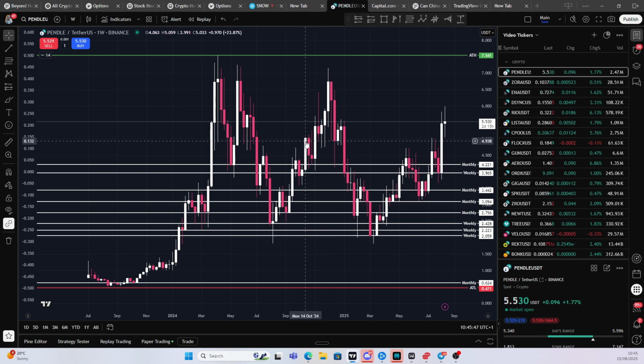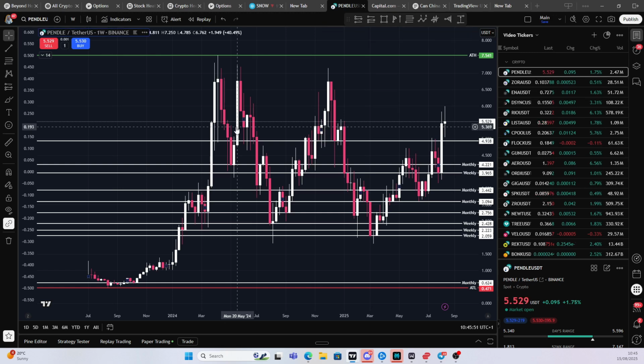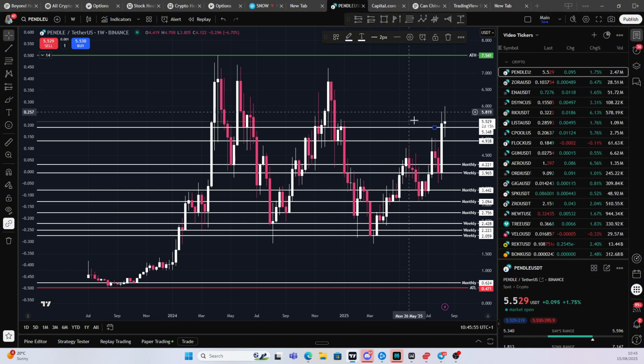What else can we see? There's a really nice weekly level there. There's a really nice weekly level here. And I think that's it for certainly the top end. So if I click weekly,